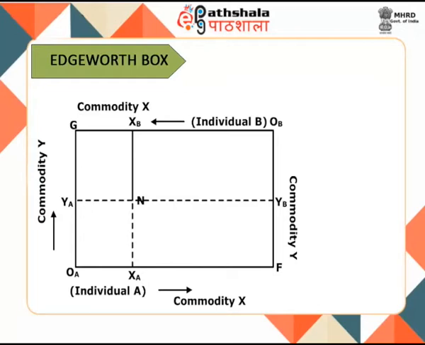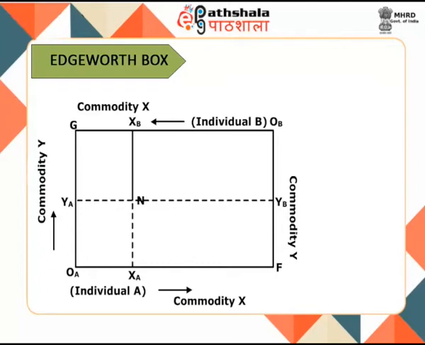The total available amount of commodity X is OAF and of commodity Y is OAG. The available amounts of the two commodities, OAF and OAG, determine the dimension of the box, which is given and